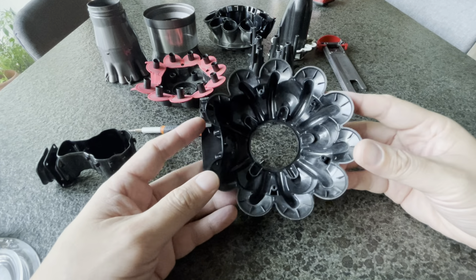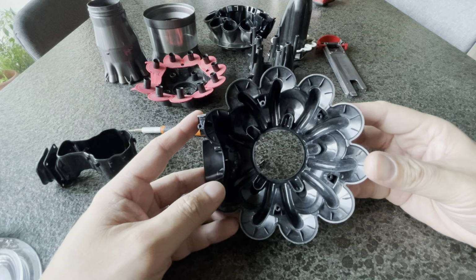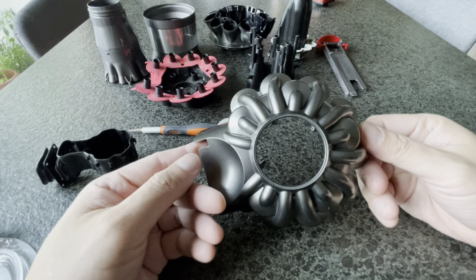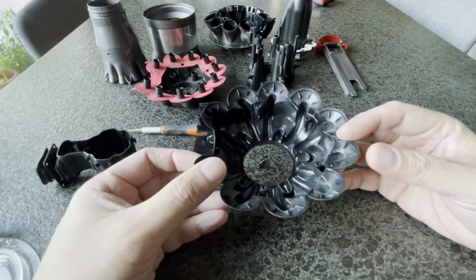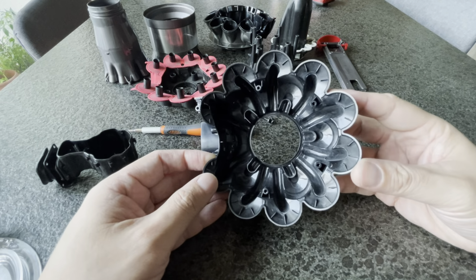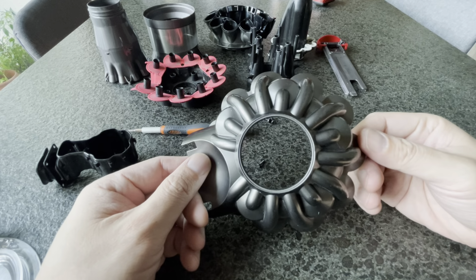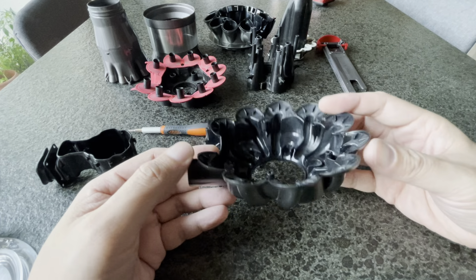I didn't film the disassembly because it was really filthy and I don't want to make a mess while trying to make a video. So I've actually taken it apart in the bathroom, washed it out, let it dry, and now I'm putting it back together. So hopefully from a reassembly you will be able to tell the disassembly process. And the most important part is I think you can see exactly how all those things come together, because I've taken a few of these apart